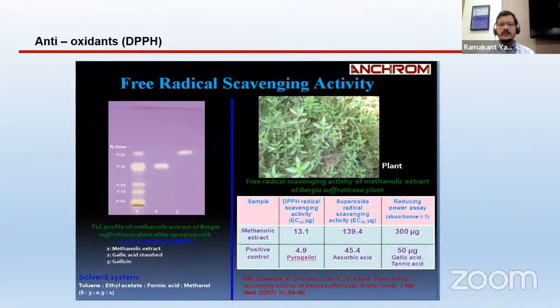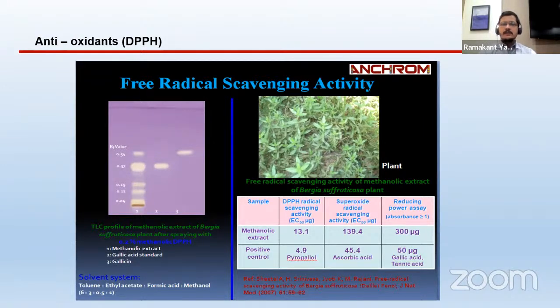Antioxidant properties of compounds we can find out. So we can prepare the sample, apply it on an HPTLC plate, separate its components, and then dip that HPTLC plate into DPPH reagent. Those bands which show yellowish color on a violet background, we can say those bands have antioxidant properties. So a number of antioxidant compounds we can detect and separate from each other on the HPTLC plate. So this is a very good method.